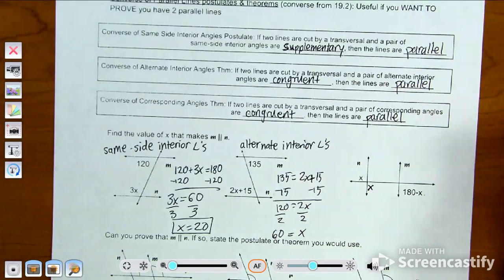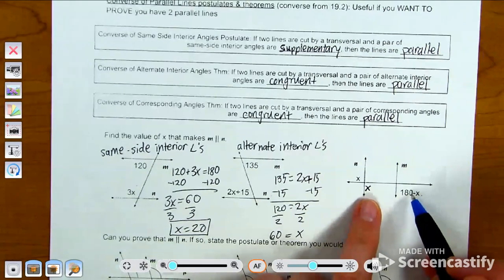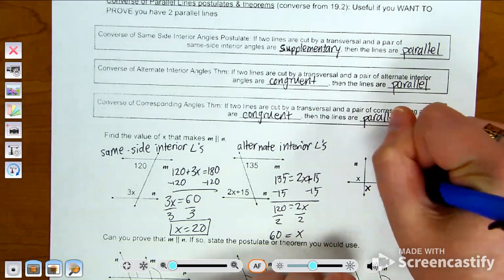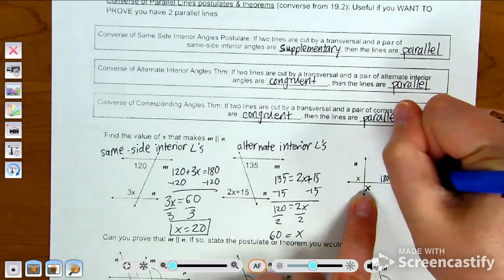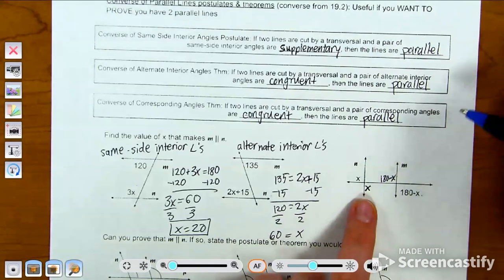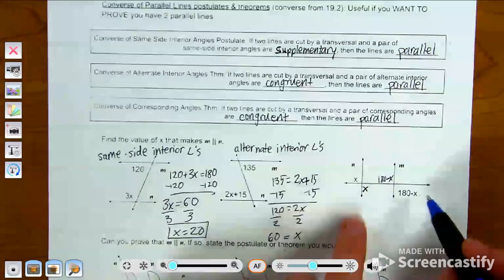So we actually have a couple options here. Based on this pair of angles right here, these would be considered corresponding angles. Or if you have the 180 minus x up here, these angles right here would be considered alternate interior angles. So whichever pair you choose, you would want to pick the appropriate name to go with it. So let's focus on